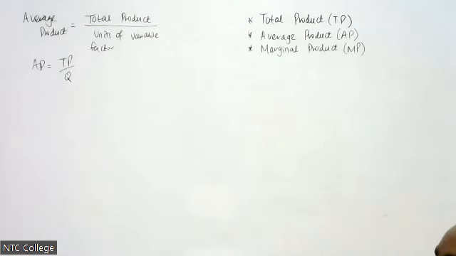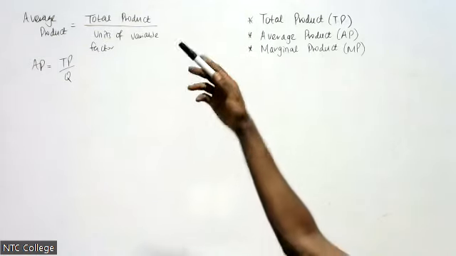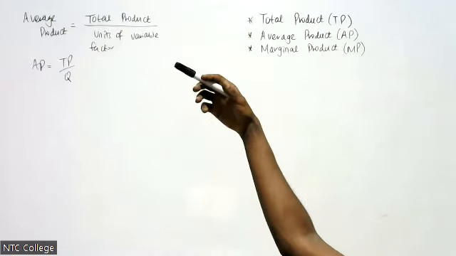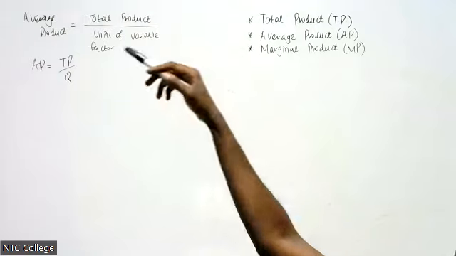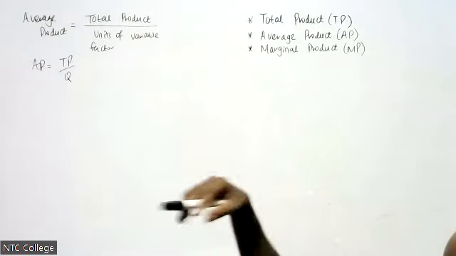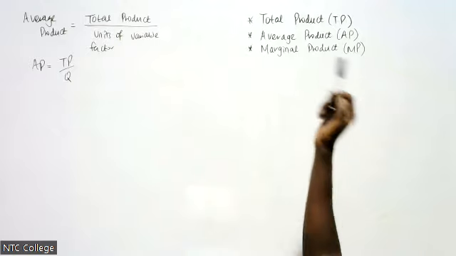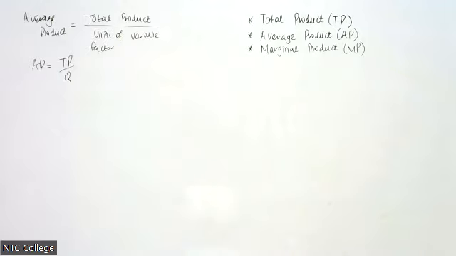So basically, in a very simple way, it's like this. When you add an extra unit of a variable factor, when you add your capital, your labor, your land, etc., you're going to get extra product. So when you're trying to analyze the extra product that you will gain by adding an extra unit of variable factor, then what you're trying to analyze is marginal product. Let me explain that. Marginal product is the extra product